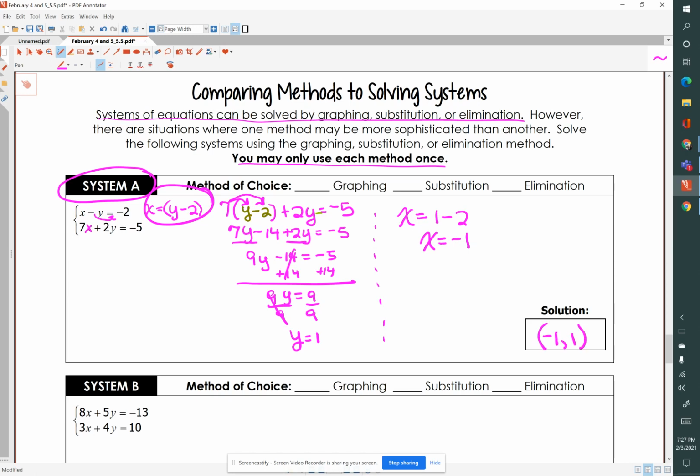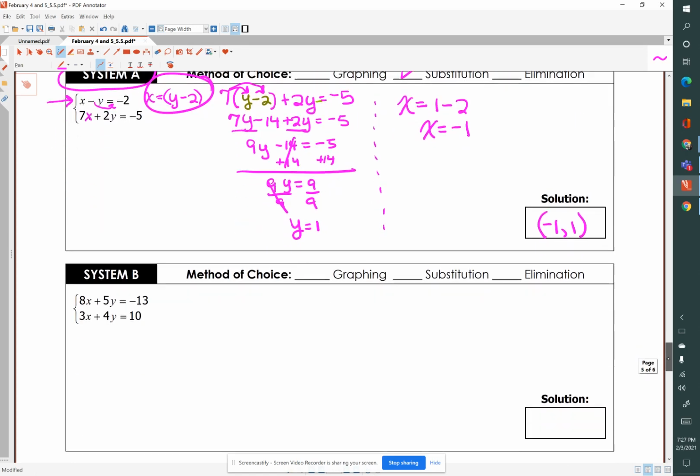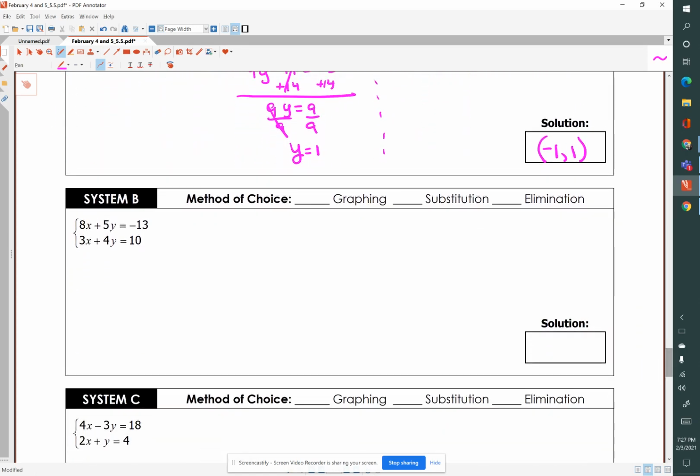And you can graph that on Desmos. And what we did here, we used substitution to solve that system because one equation was almost already solved for x or y. And that's when you'd use substitution. For the second equation,